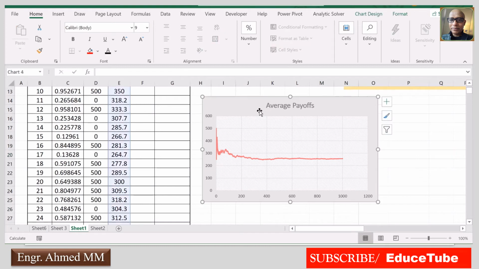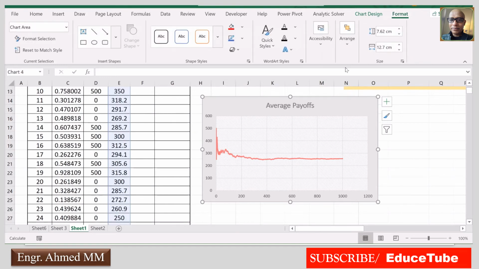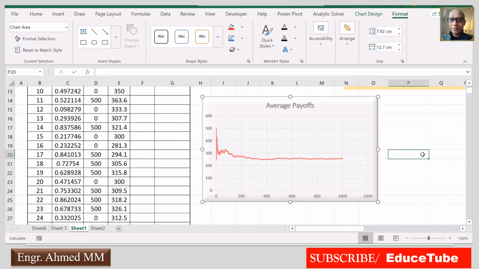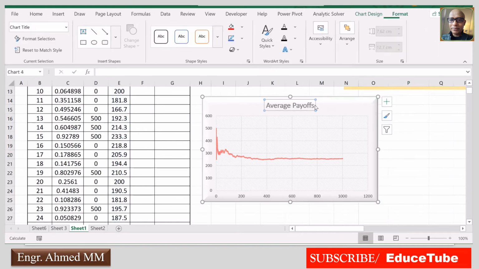Not only that, I can make it a nicer shape. Suppose I can go for chart design or format. Here I can do something like this one. It will be looking very nice. And I can put this color more distinct.